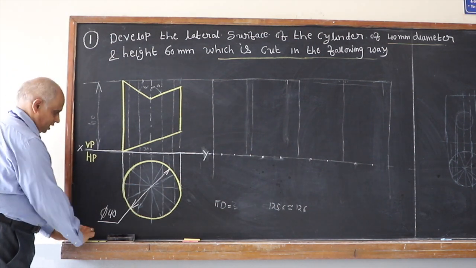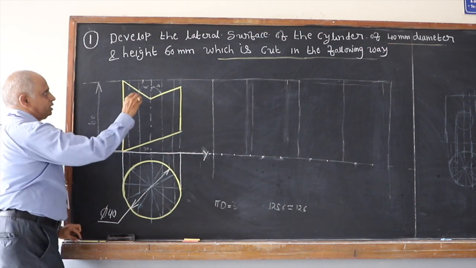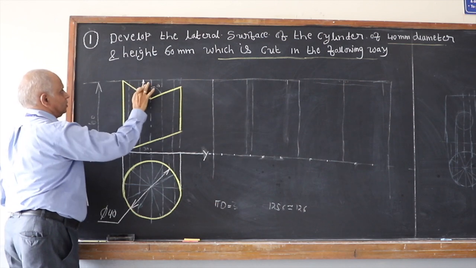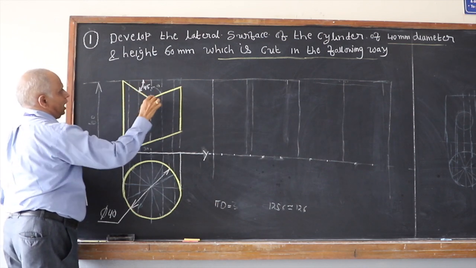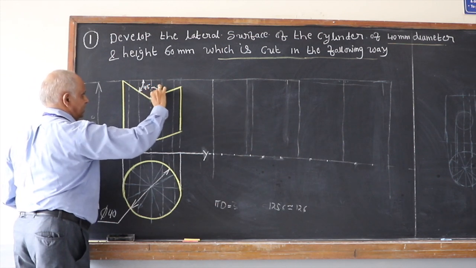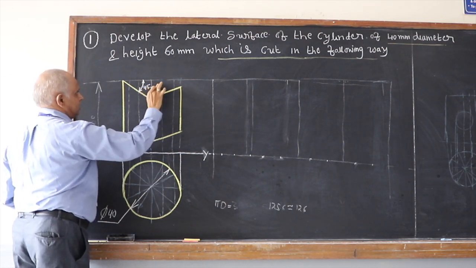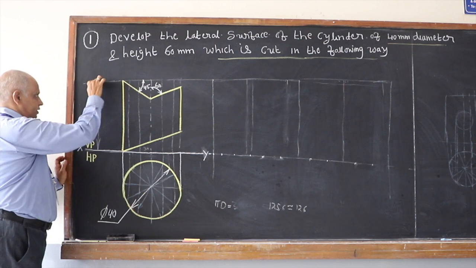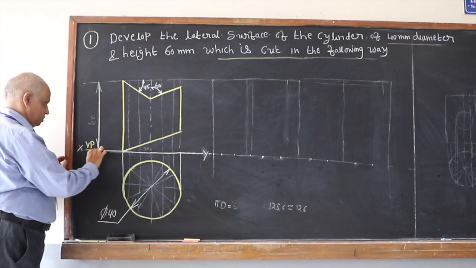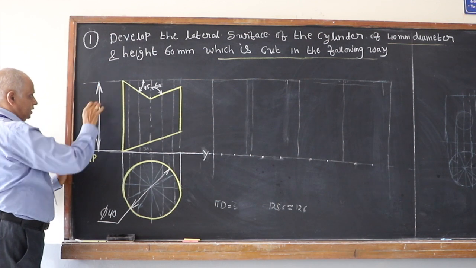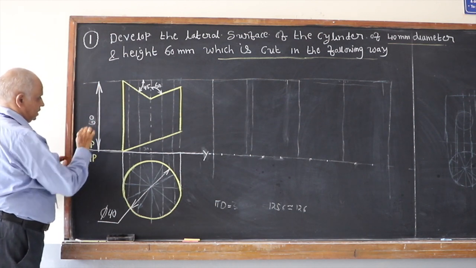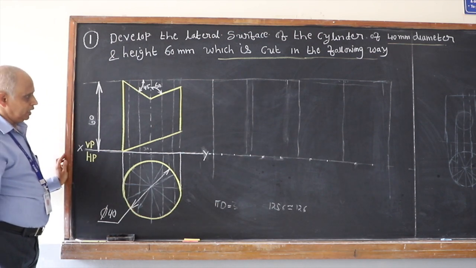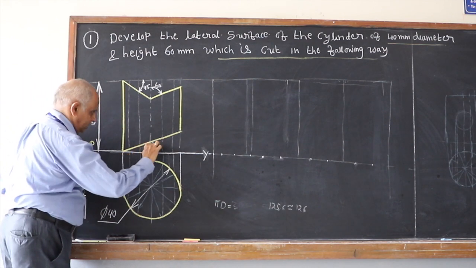So clearly dimension the information given to you. He has clearly said that this angle is 45 degree, and the angle with respect to vertical of the right side section plane is 60 degree. 60 degree to vertical means 30 degrees to horizontal. The height of the solid is 60 millimeter. So dimension this, and that completes the front view and top view of the given cylinder, and this is of course 30 degree.